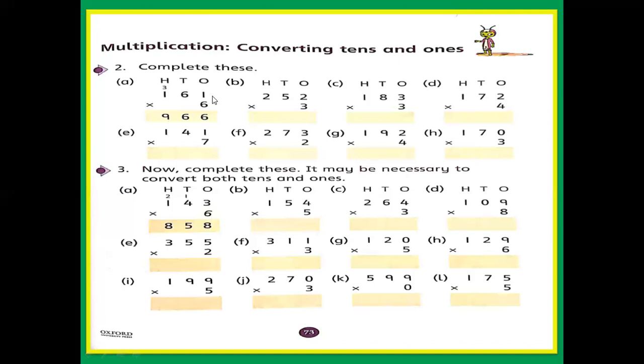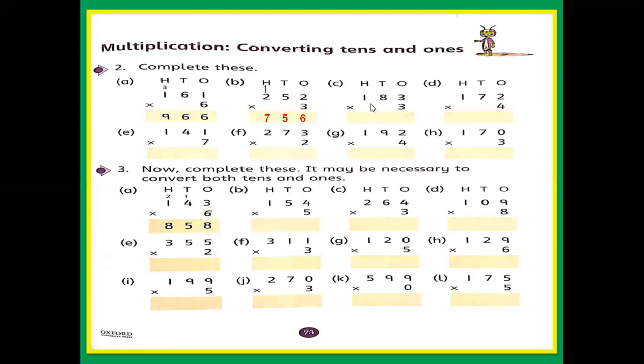Okay. Now B part. 3 twos are, read the table of 3. 3 ones are 3, 3 twos are 6. So no conversion, write 6 here. Again, multiply 3 fives are, read the table of 3 again. 3 ones are 3, 3 twos are 6, 3 threes are 9, 3 fours are 12, 3 fives are 15. So here convert 1 into 100. So write 1 here. Okay. So now multiply 3 twos are 6 plus 1, 7. Understand?